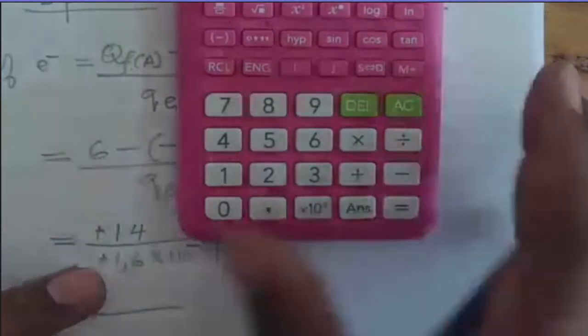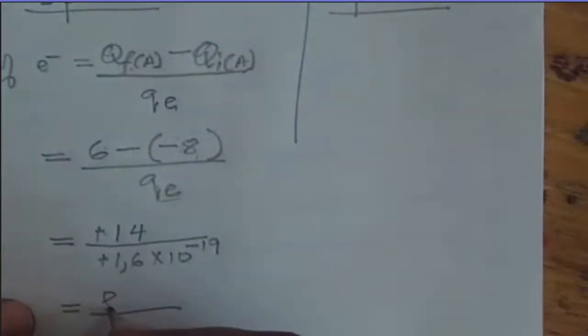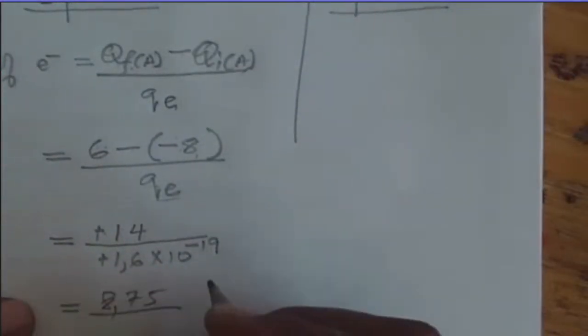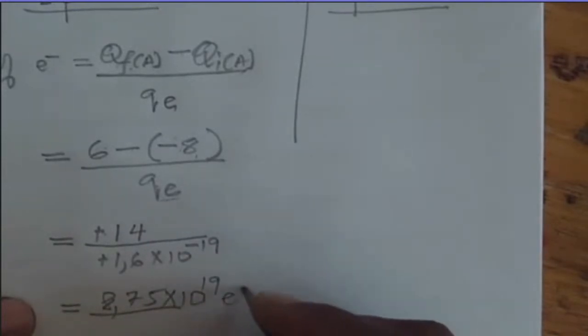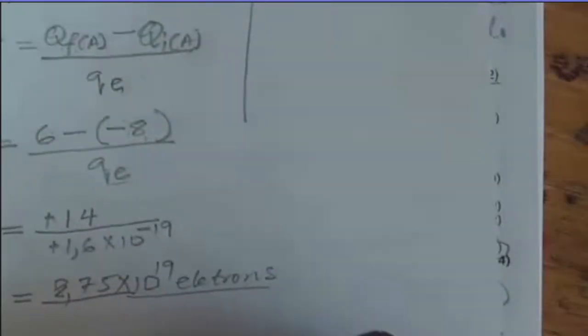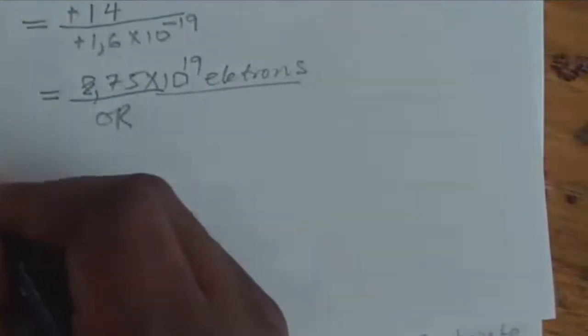What I'm getting is 8,75 by exponent 19 electrons. So these are the number of electrons. This is how you calculate the number of electrons. But if you prefer to use this formula,